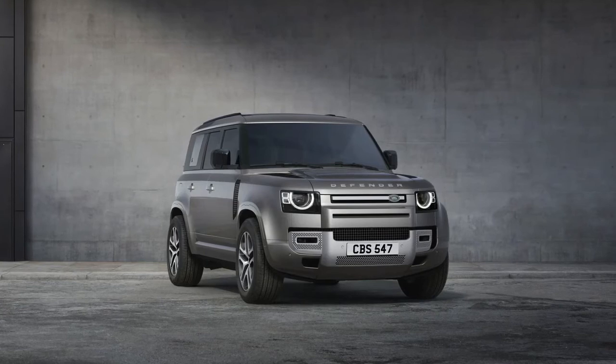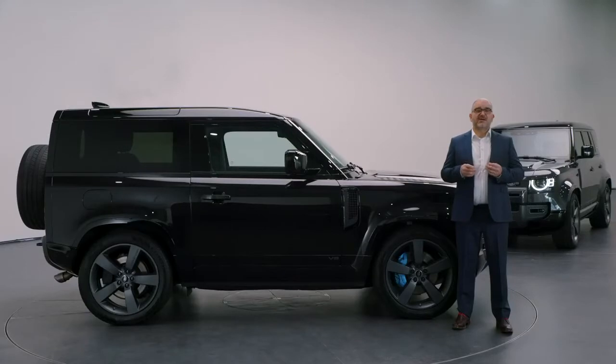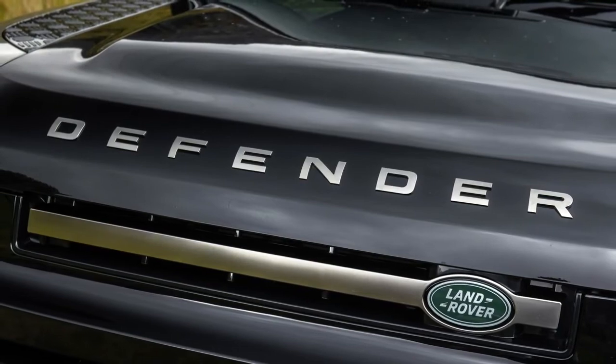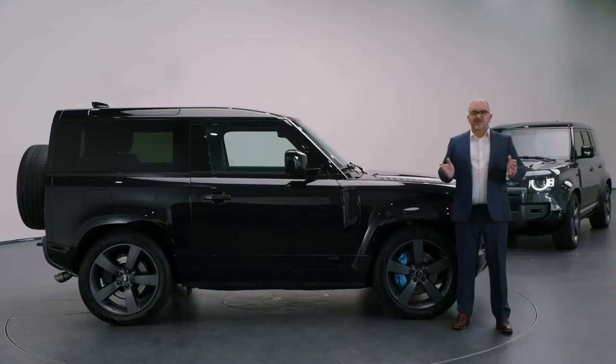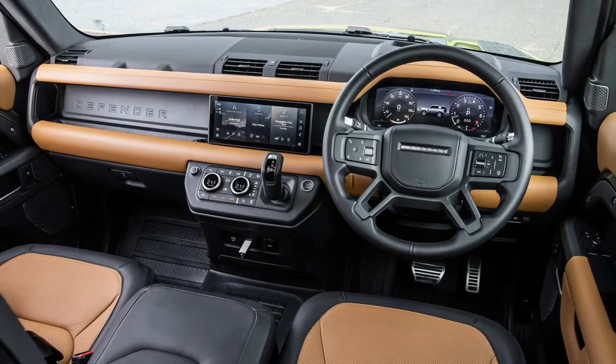It's available in a curated range of colours, with body colour exterior claddings. Inside, you get khaki-grained leather and a high standard specification packed with our latest technology. It's even available as a plug-in hybrid. Top of the standard Defender range remains Defender X, with a premium specification identified by its contrast bonnet. Defender X also features unique orange brake calipers, darkened tail lamps, and a unique interior finished in Windsor leather with